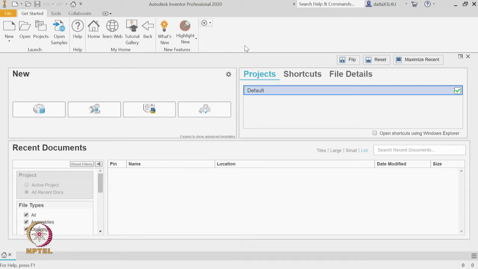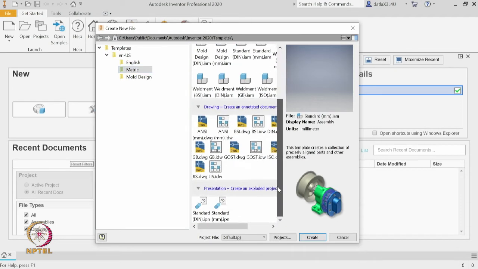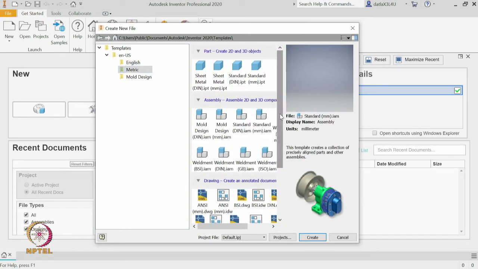So, here is the initial interface, let us select the new template. We will select this metric system and we have a bunch of templates starting with the part model templates, assembly model templates, drawing and presentation templates. Since we are interested in creating an assembly model, let us go to this standard mm.iam.